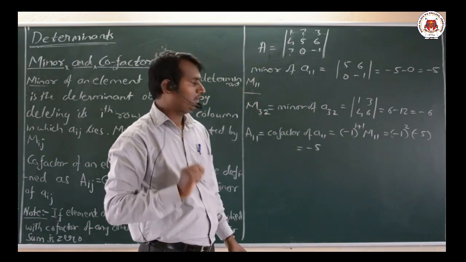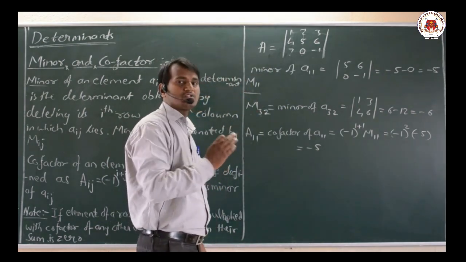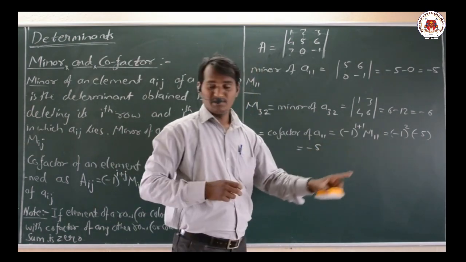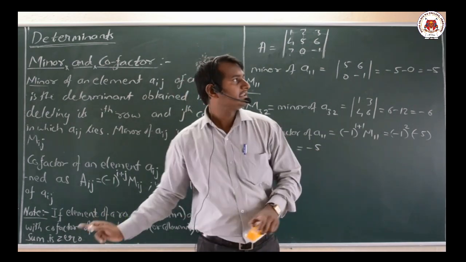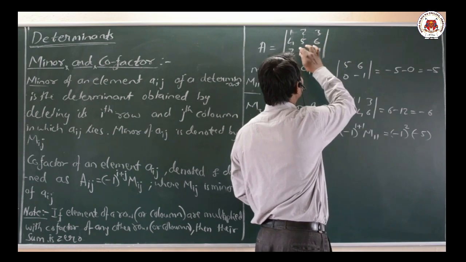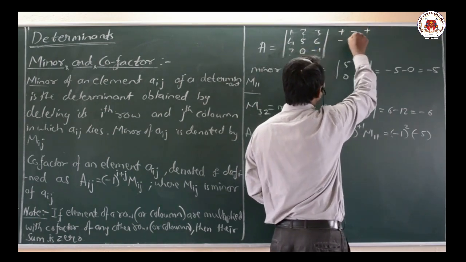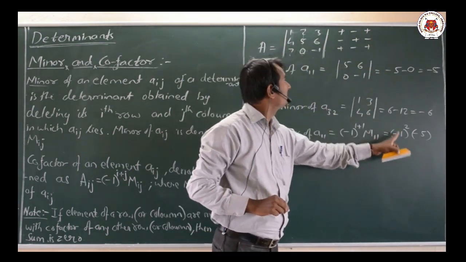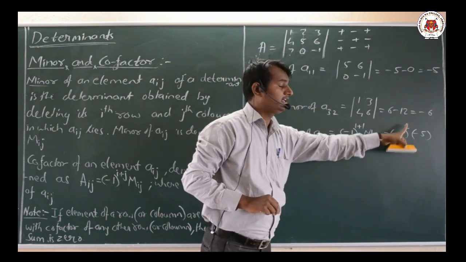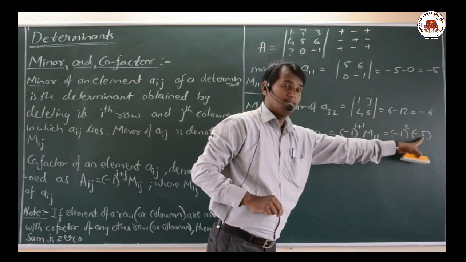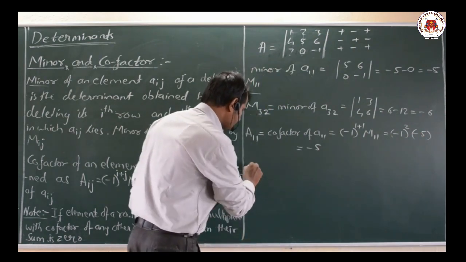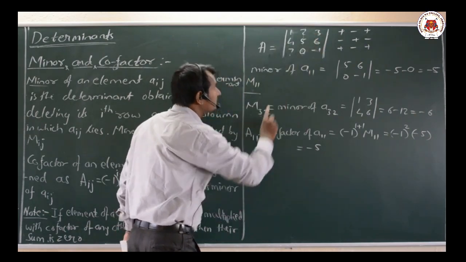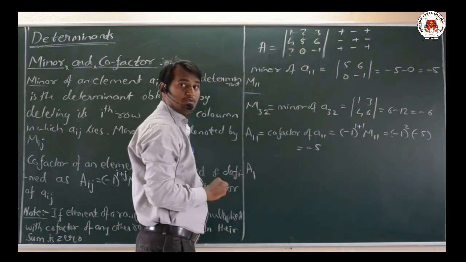Now we shall see this in a shortcut manner. The signs we multiply here, as per the definition, are the pre-multiplied determinant signs: plus, minus, plus, minus, plus, minus, plus, minus, plus. For this position the sign is positive, so we get minus 1 squared, that is plus 1, into minus 5. Now similarly, let us take another element, for example the cofactor of value 3. It is in the first row, and which column is it?